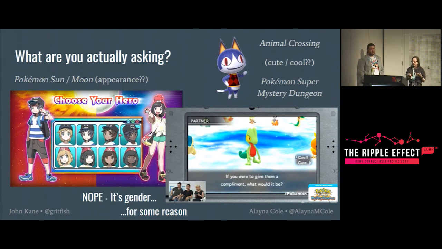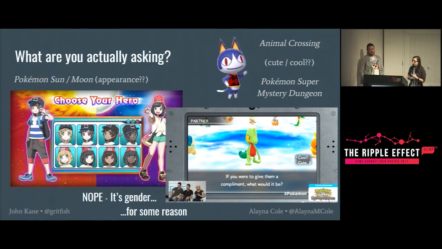So if you're going to give players the option to pick whatever pronouns they want and then pick an androgynous appearance if they want, let them do both of those things at the start, as opposed to, oh, you need to guess that this is a gender select screen, and then you have to get through the first bit, and then find a hairdresser, and then you can look androgynous but still be she, her. What are you gaining from those decisions in your design process? Actually ask what you're trying to get the information for.